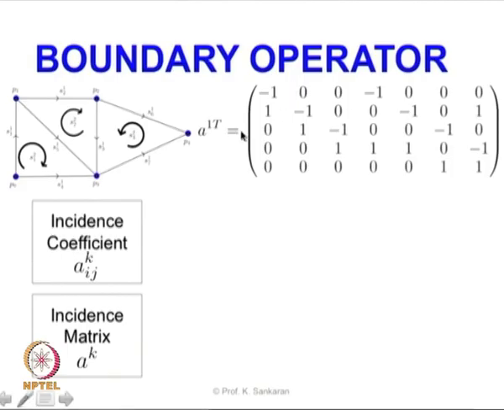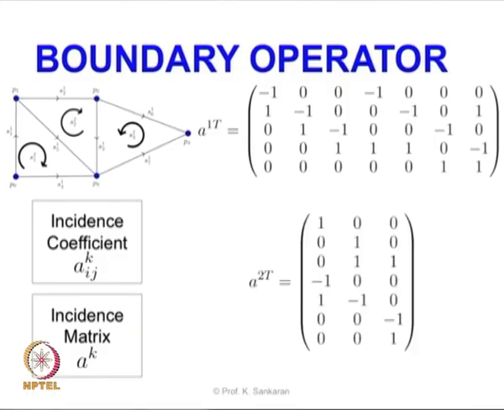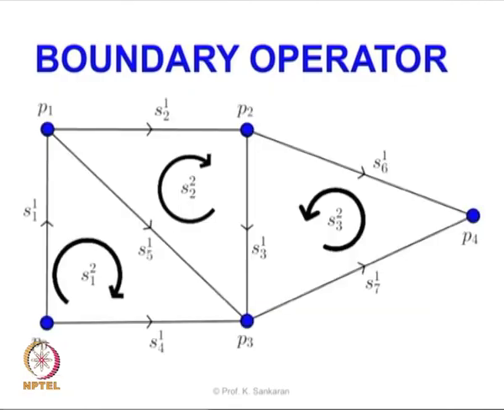So we have taken A1 and we have taken the transpose of this. Similarly, we can do the same thing for A2 transpose, where A2 will be the number of surfaces by the number of edges, and the transpose of this is given here. Let's do the case of the A2 matrix to get certain confidence on what it is, and then we will take it from there. Let's look at the slide one more time. We are interested in the A2 matrix